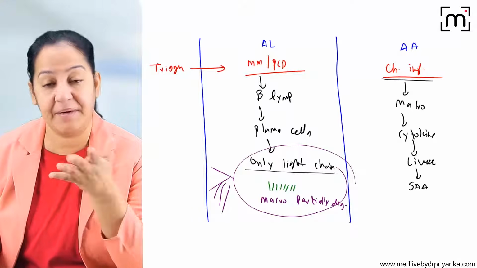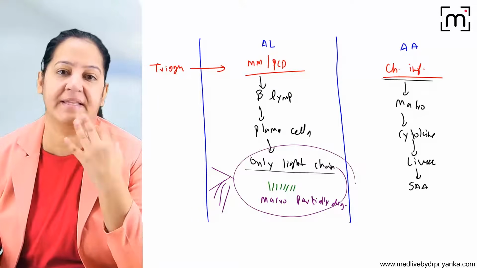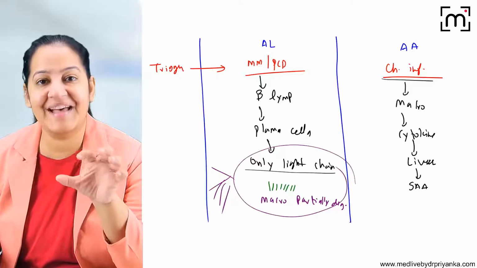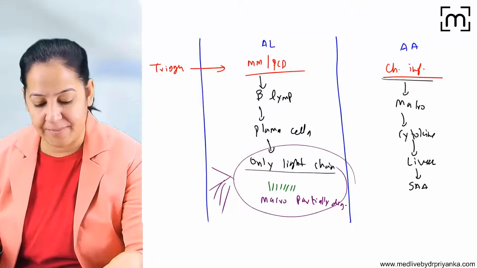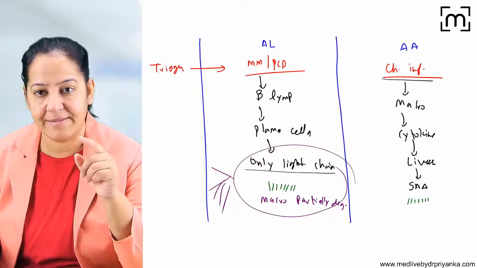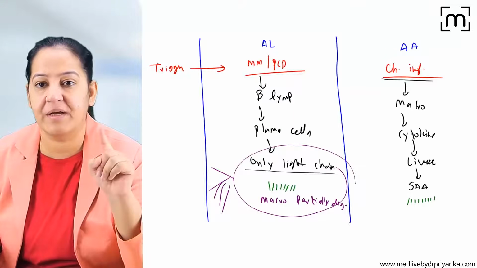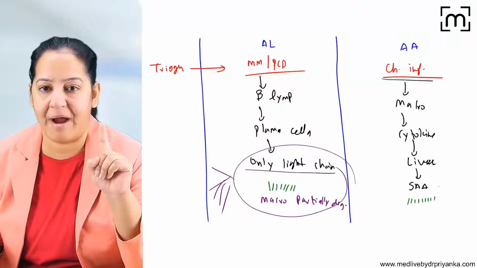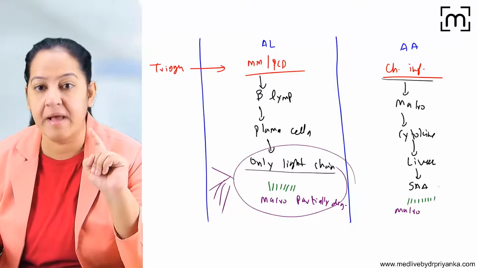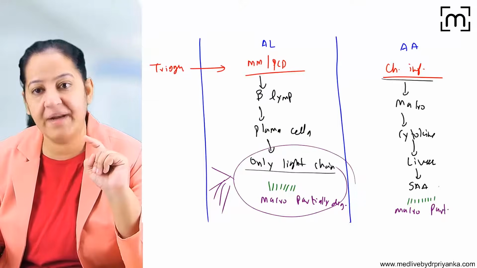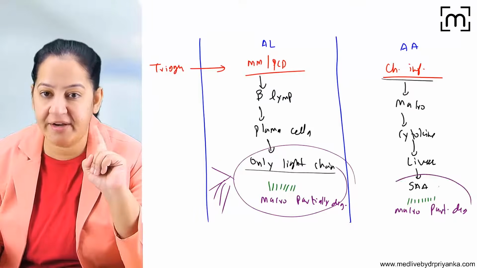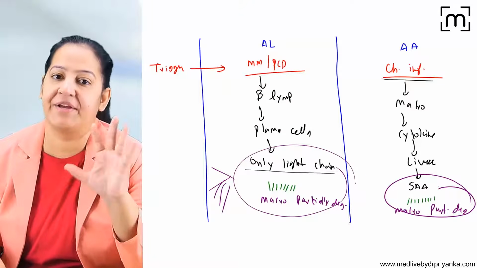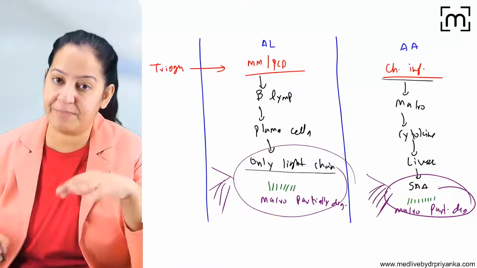We don't have SAA, but the person with chronic inflammatory disorder has SAA in their blood. So SAA is the abnormal protein. The macrophage will come and try to degrade it. Macrophage is able only to partially degrade it. So partially degraded SAA is the amyloid here, which will get deposited in various organs and produce the amyloidosis